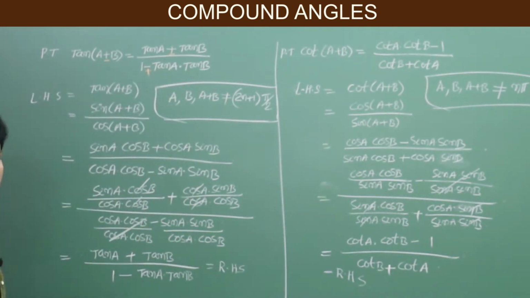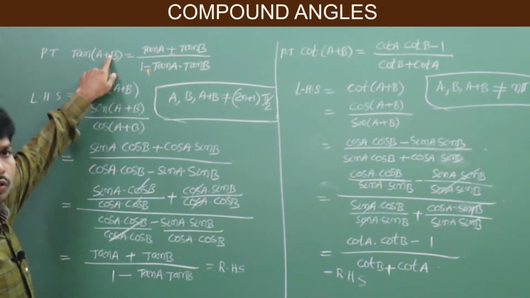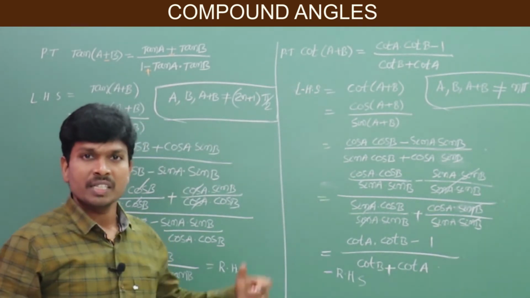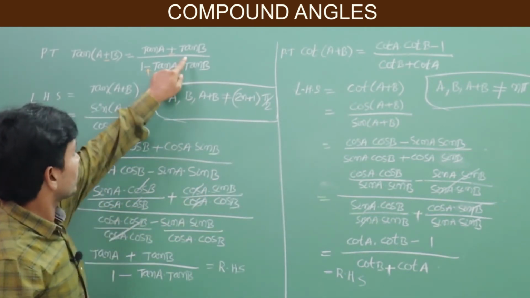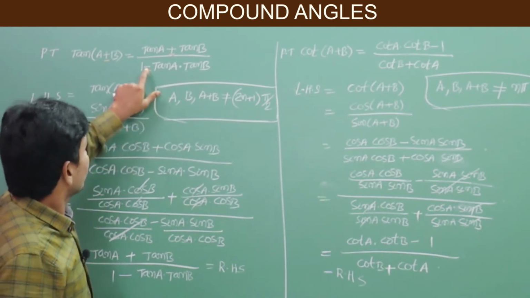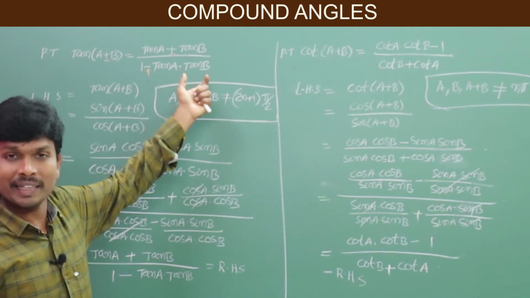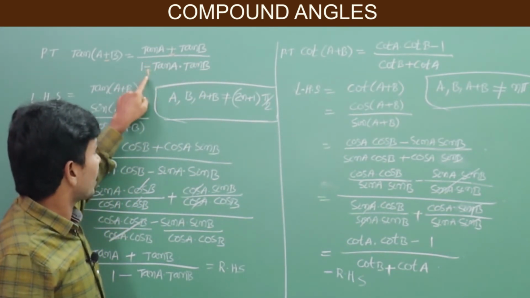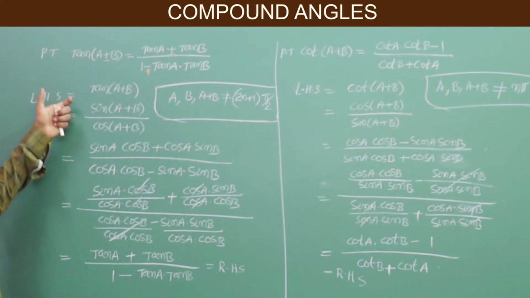Just the signs are changed, because in place of plus b you substitute minus b. Tan of minus b is equal to, what did you get? Tan of minus b is equal to minus tan b. So that's why here we'll get minus tan b. Here a minus symbol is already there, no? In place of b you take minus b, tan of minus b. So then what will we get? That minus and this minus gives you a plus symbol. Yes or no? So that value is completely changed.